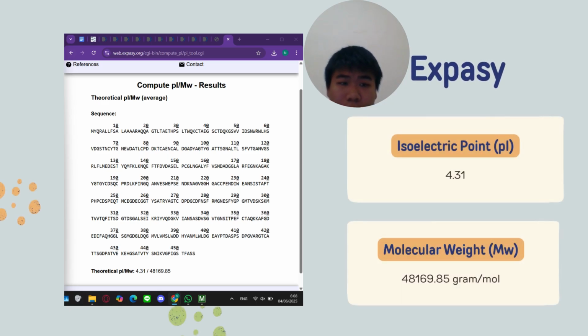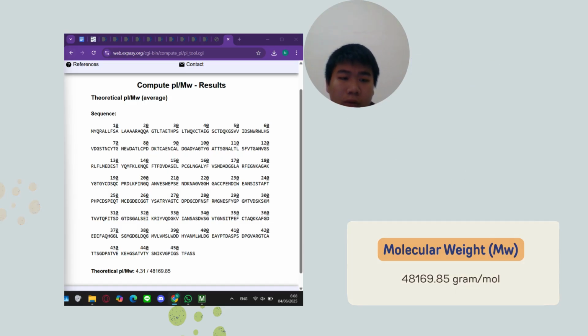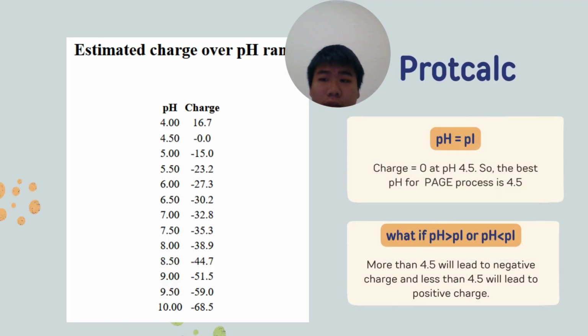On this slide, I present the result of the physicochemical analysis of the protein sequence using the parameter isoelectric point, or pI, which refers to the pH at which the protein carries no net electric charge. For this protein, the pI is 4.31 and the molecular weight is 48,169.85 grams per mole. From the data, we can see that at pH 4.5, the protein has a net charge